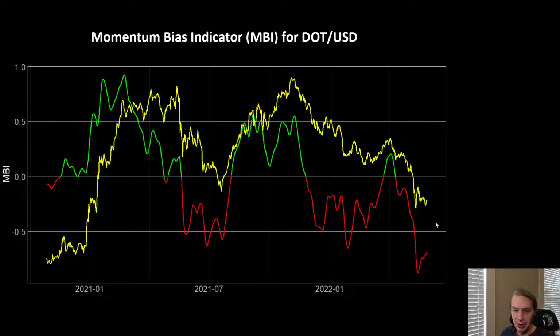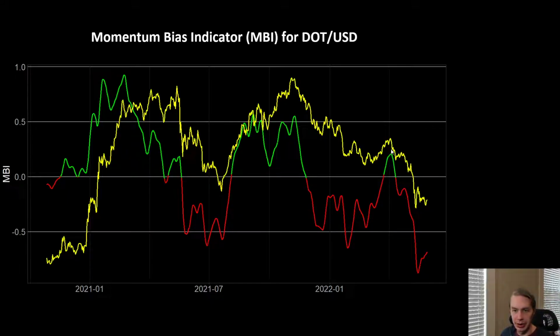And what we've been seeing more recently is very, very reminiscent of bear market behavior that we see on the MBI with other assets. Bitcoin, Ethereum, a bunch of other assets we've looked at all show this kind of behavior where you spend a lot of time in the red, and then there'll be these occasional times where relief rallies show up that will actually peek our head above 0, trying to reestablish a positive momentum bias. Then we get quickly rejected back to the downside, and usually more downside follows. That's exactly what happened here.